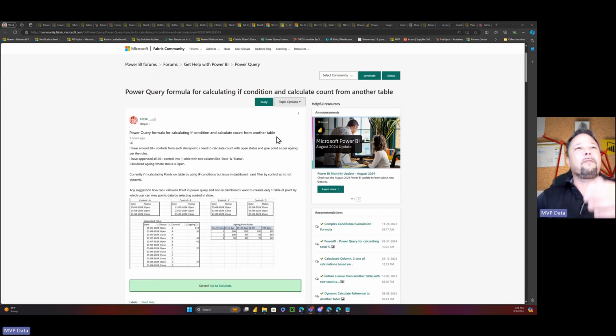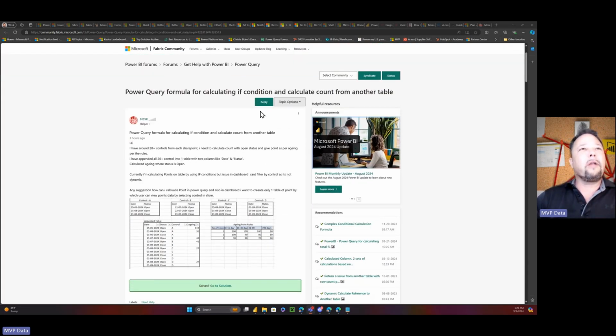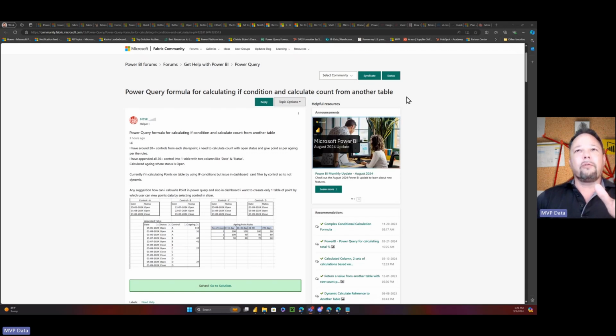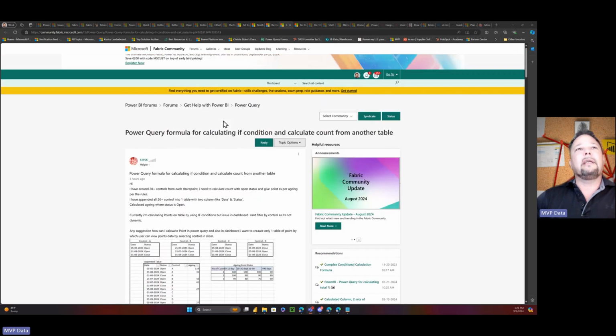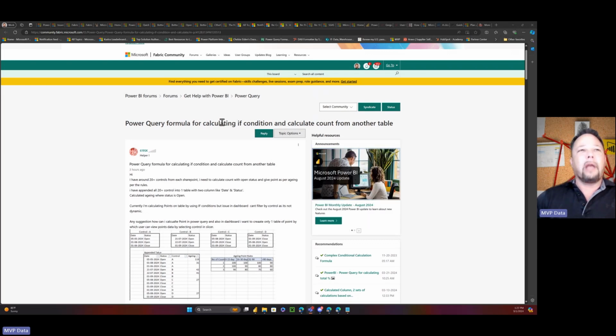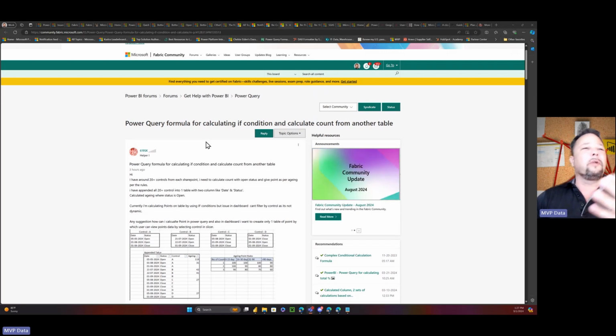But anyway, this one is kind of called out because it's posted in the Power Query forum, and it's "Power Query formula for calculating if condition and calculate count from another table." And I think one of the problems that it initially has is that it assumes that this is the solution to their problem. And it actually ends up not being the solution. Actually, Power Query doesn't factor into this at all in terms of accomplishing what they're trying to accomplish,